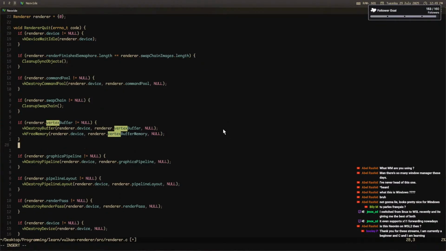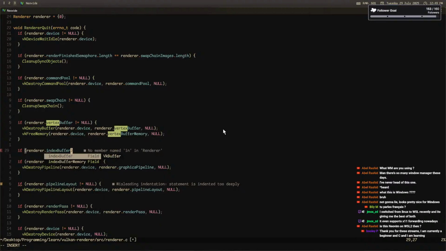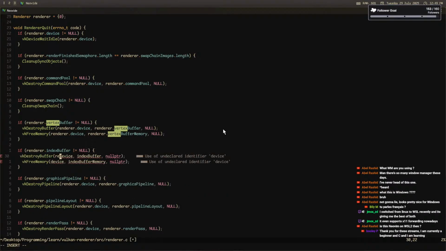Vertex buffer, if vendor dot index buffer doesn't equal no, then we